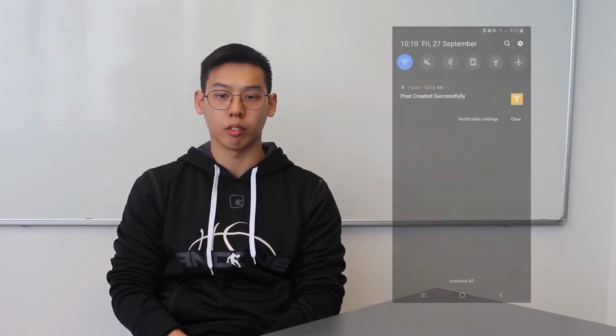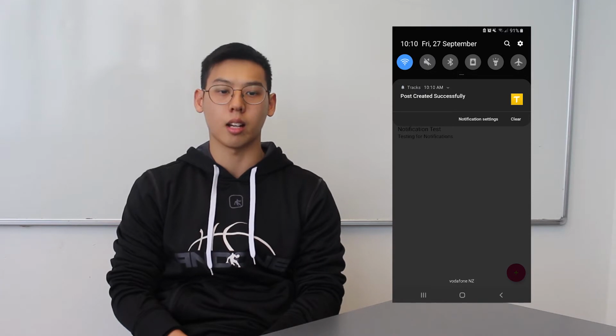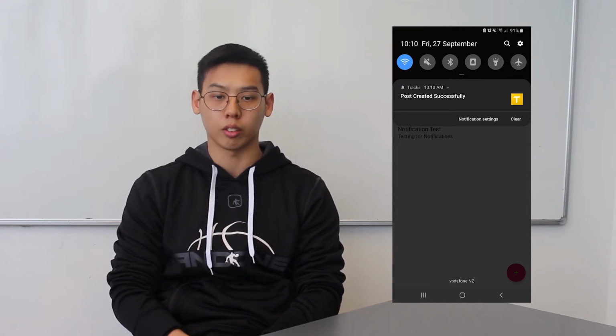The user story that I worked on was implementing notifications, allowing users that have created a post to receive a notification when a comment is posted. For testing purposes, a notification was made when a user was logged into the app. There were some minor hiccups along the way of implementing additional functionalities